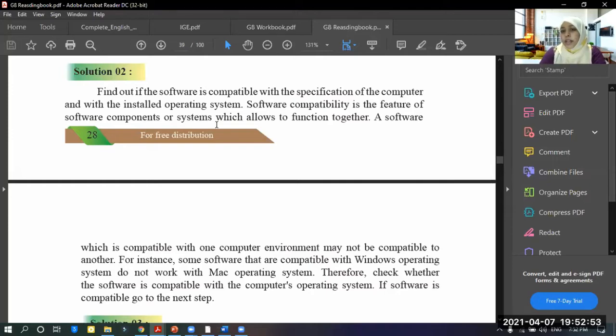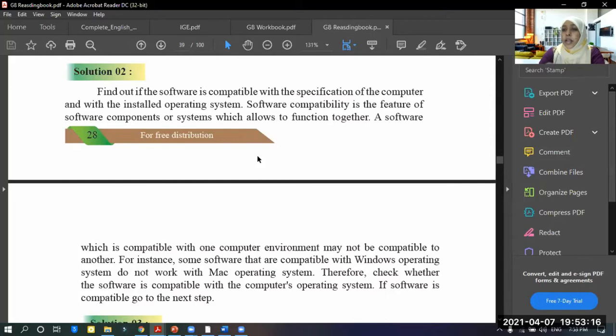So check whether the application software is compatible with your operating system. For example, you are using the Zoom software, right? That is an application software, right? So this Zoom software has some operating system specification.